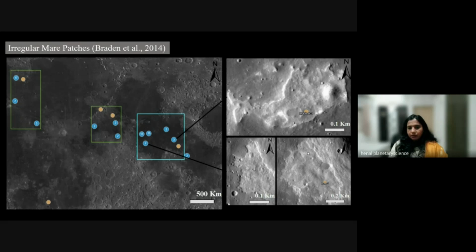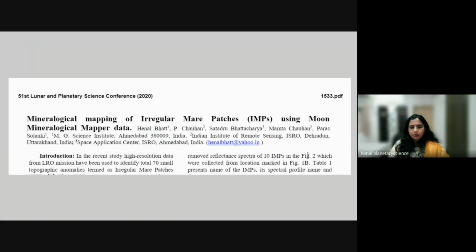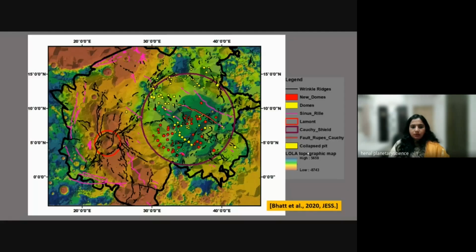And my study found that Mare Tranquillitatis comprises more than 50% of such features. That indicates that the area has stayed volcanically active up to recent time, compared to all the other areas of the near side region. This work has been published in the LPSC conference, and you can check it out if you want to go into more detail.